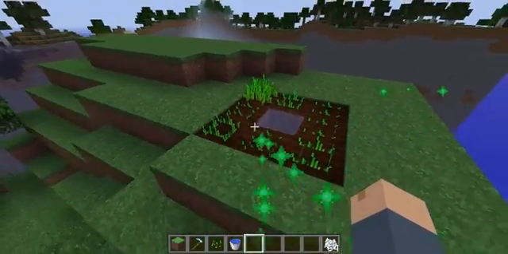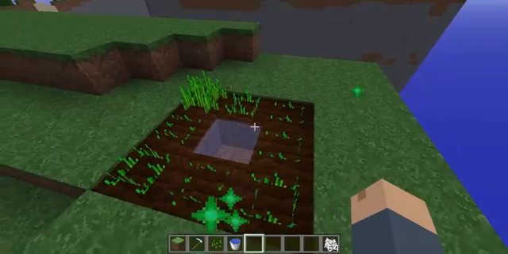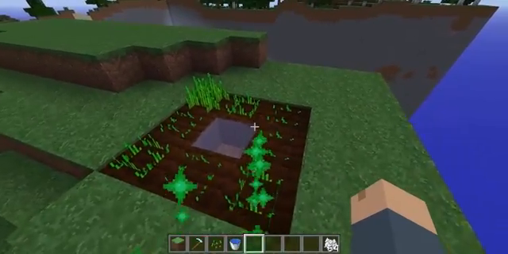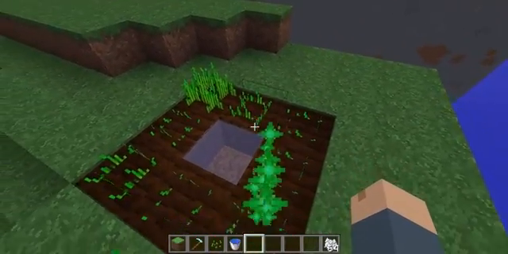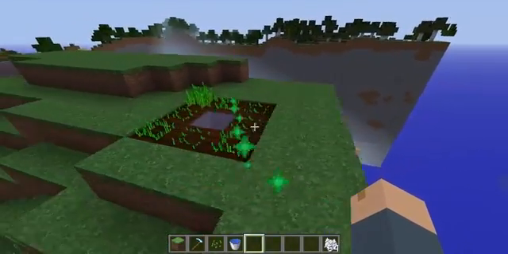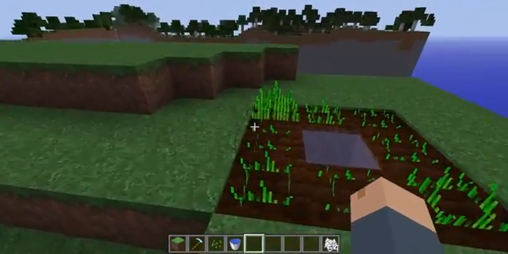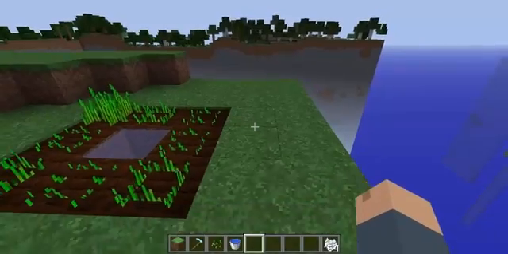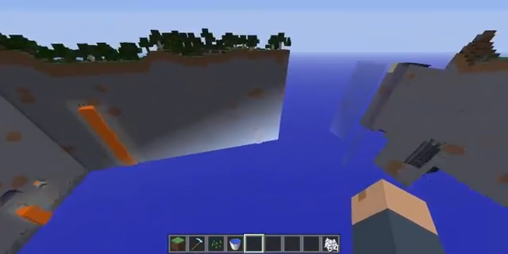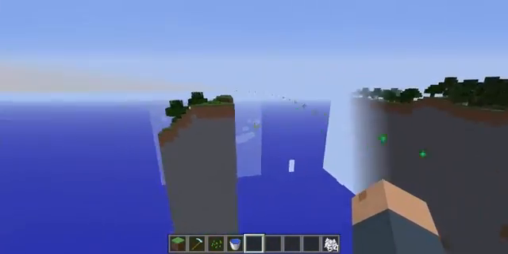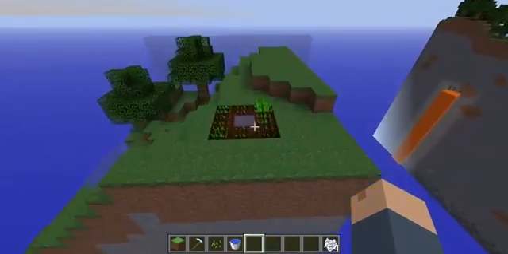How wheat works is there's a percentage chance every tick that the wheat will grow. So the idea is that when the chunk unloads, we'll save a timestamp. We know exactly what time this chunk was saved at. Then when we come back, we'll read that timestamp and compare it to the timestamp of right now.